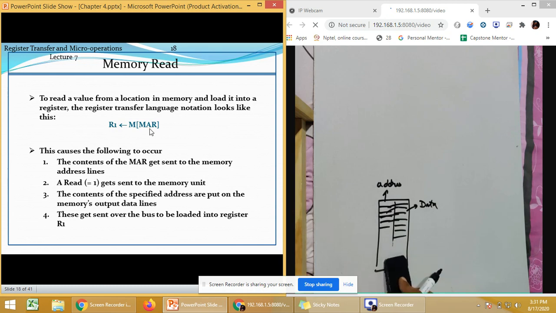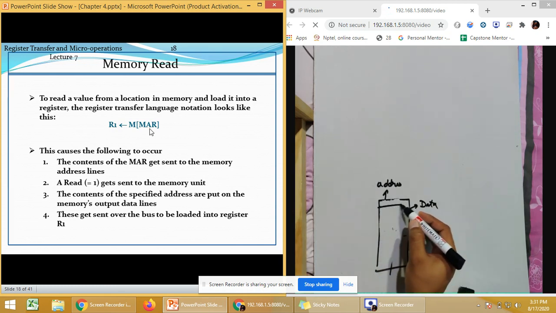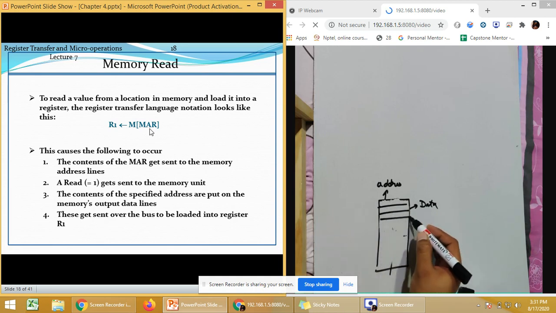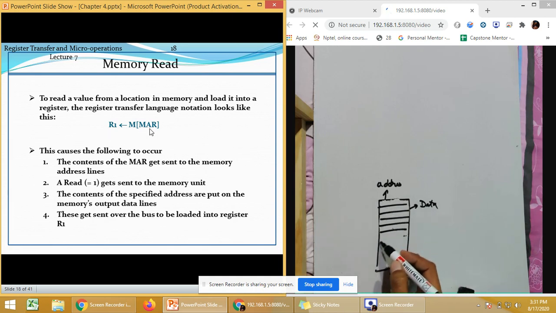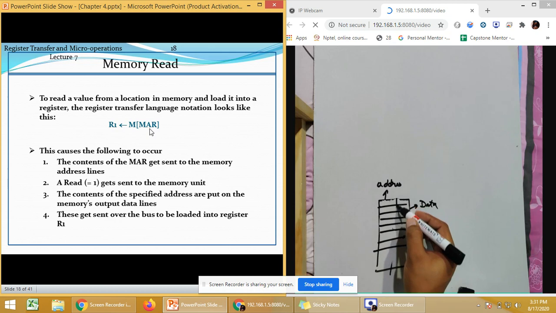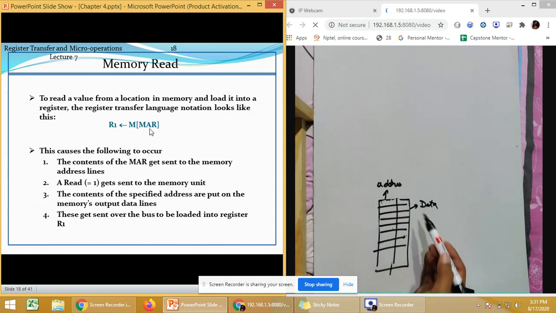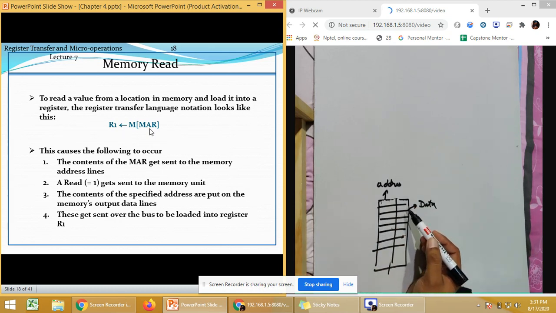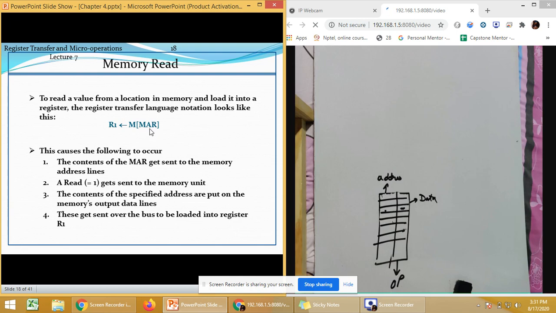Let me just redraw this so that you understand it correctly. This type of structure is there inside the memory. So for a particular address, you will have data. According to the address, the corresponding data will be shifted from this place to the output lines, and then your CPU will be able to read that data.